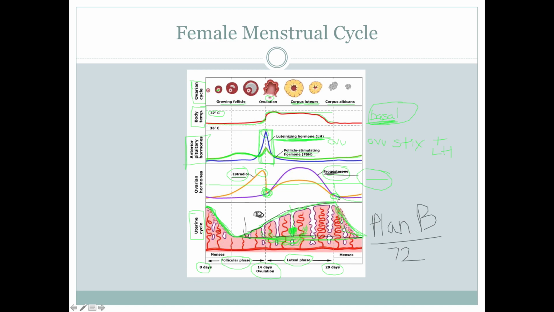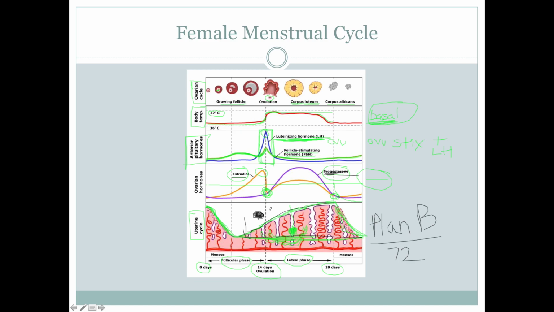It's kind of like if you have a guest bed and you put on all these nice comforters for people, they're more likely to stay there. If you stripped off all the sheets and only have a bare mattress on the floor, they're probably not going to stay very long. So that's the way Plan B works. It is not the abortion pill. There is an abortion pill we talk about in Patho. It's called RU486, and that does not do this. So there you go. That's the whole menstrual cycle.